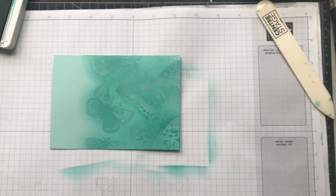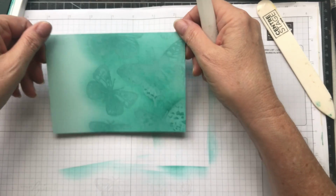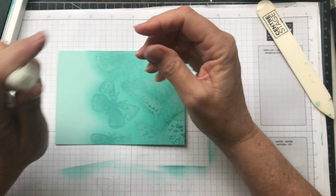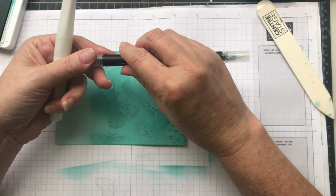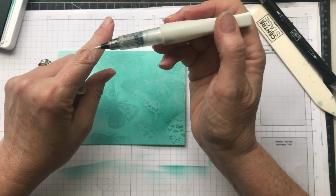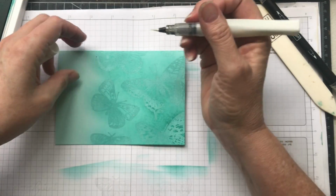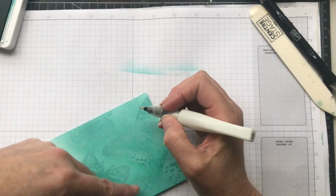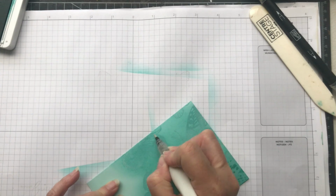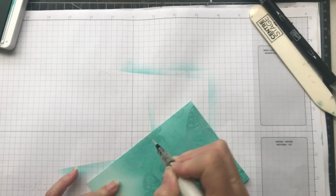Okay, so then what I did was I actually used, this is something that I like to play around with, my Wink of Stella. Now you could also use a blending brush for this, but you'll get a better result with the Wink of Stella. The Wink of Stella has a solution in it that is glittery, so they're going to end up being quite shiny. I'll start over here with this one, but when we do this, you should see the colours start to emerge,